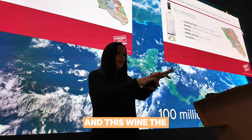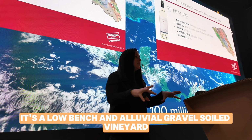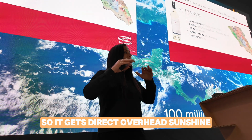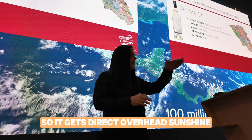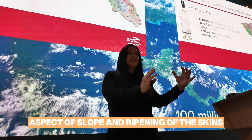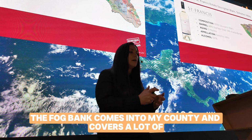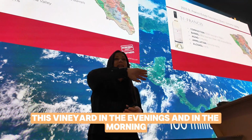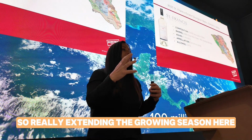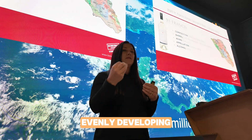And this wine, the St. Francis Wild Oak Vineyard, it's a low bench and alluvial gravel soiled vineyard. So it gets direct overhead sunshine. It doesn't get a lot of aspect of slope and ripening of the skins. And again, the fog bank comes into Sonoma County and covers a lot of this vineyard in the evenings and in the morning. So really extending the growing season here, allowing the vine to naturally ripen very evenly,